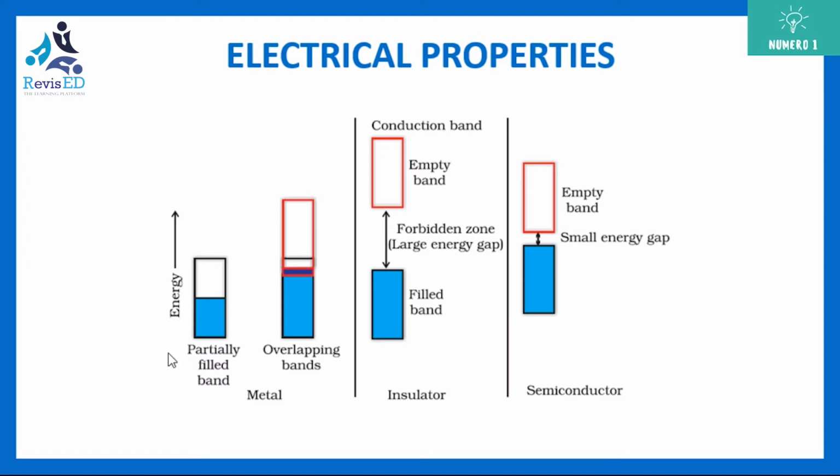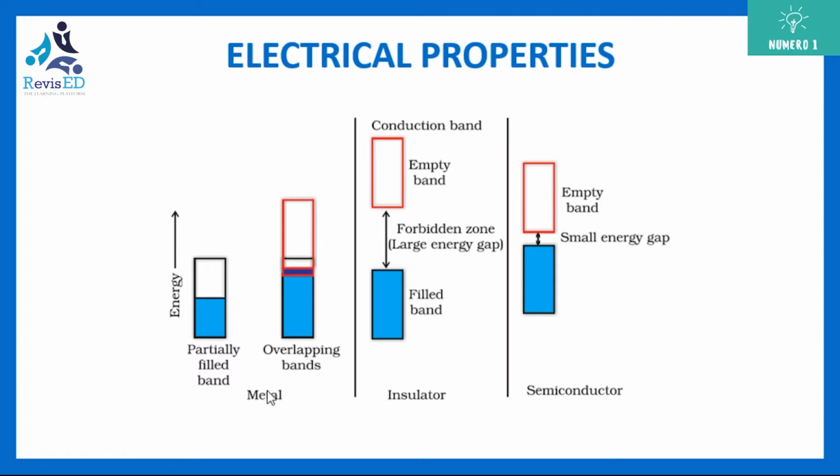Next here is an energy diagram. So on the y-axis, you put energy, and here this is your metal, this is the diagram for your insulator, and here is your semiconductor. So basically, here there is an overlapping between two bands. The lower band here is known as your valence band, whereas the top part is your conduction band. So if an electron is present in the conduction band, only then it is able to conduct.